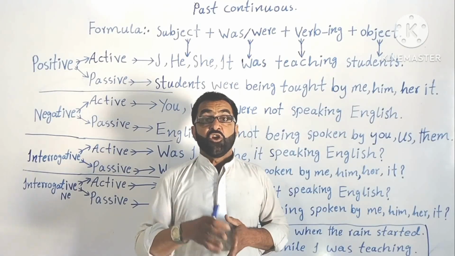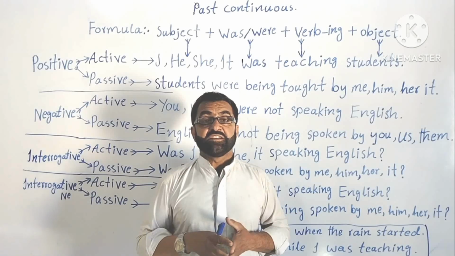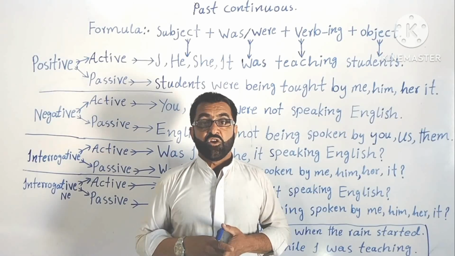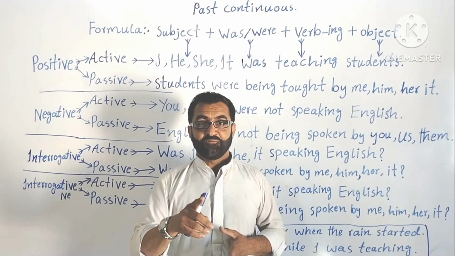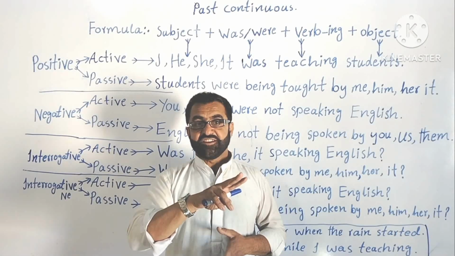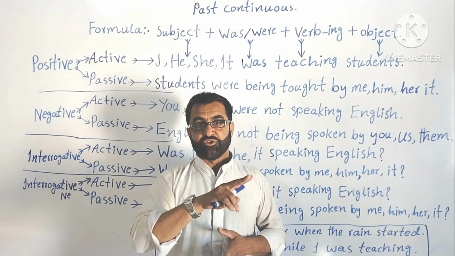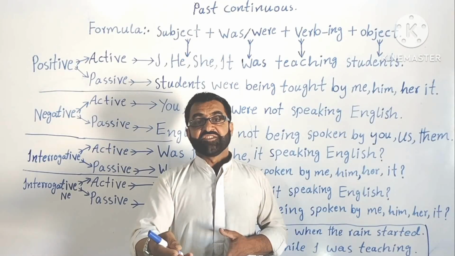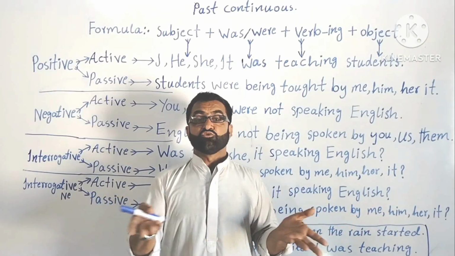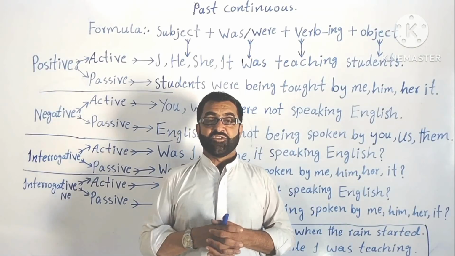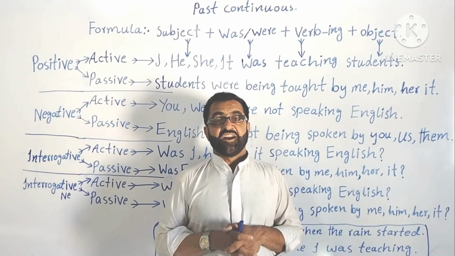Simply, you can say when you do something, that is active voice. When something is done, that is passive voice. Understood? Here you see subject is available, subject is seen, subject is known. But when something is done, no doer, no subject, no one knows who did this. So that's why we use passive voices. Understood?